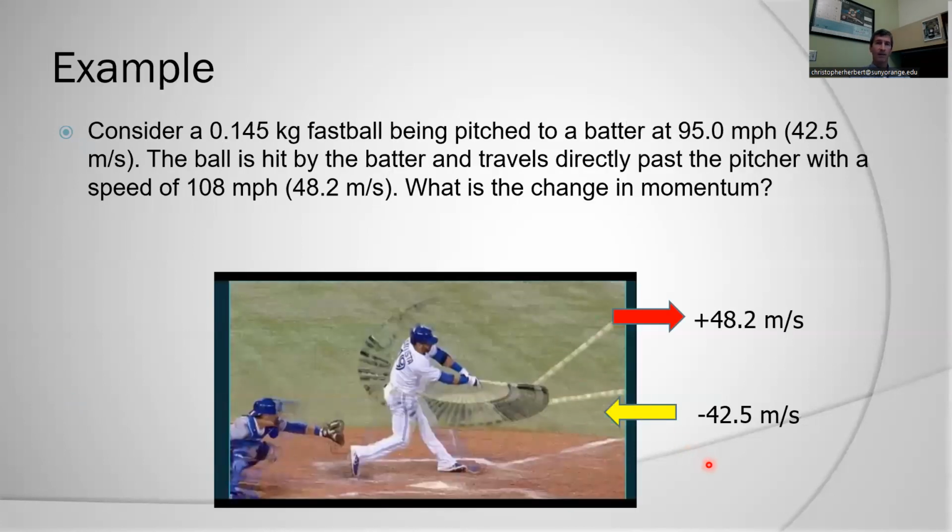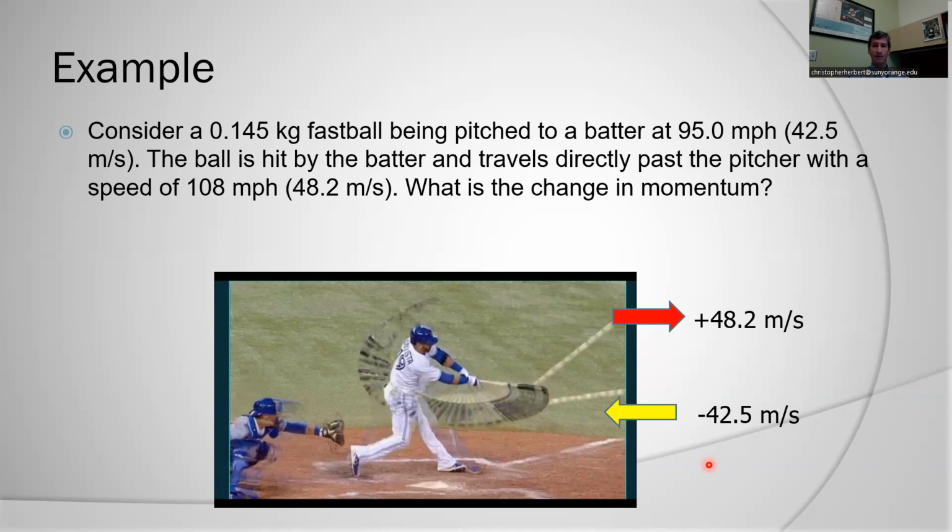So let's take a look at an example of an interaction. Here we have a fastball from a pitcher coming in at about 42.5 meters per second. It's hit by the batter. It leaves at 48.2 meters per second. What is our change in momentum? Well, here the vector